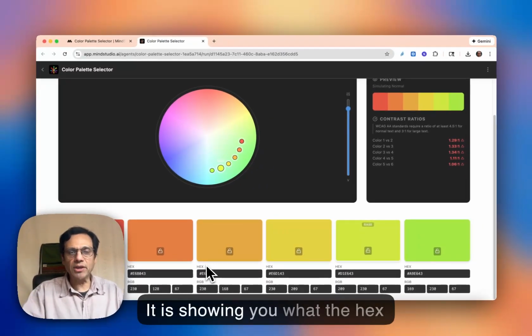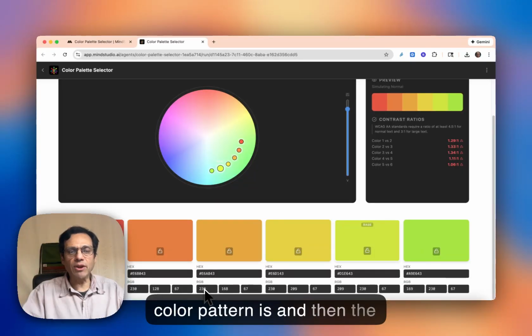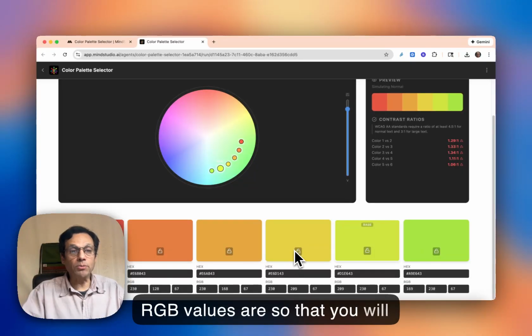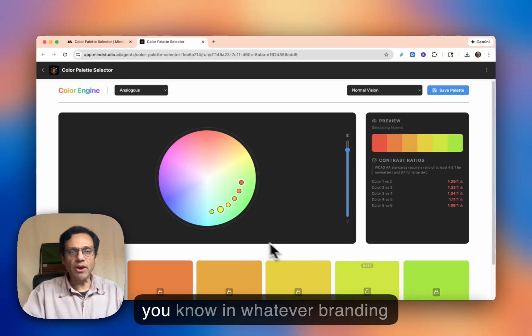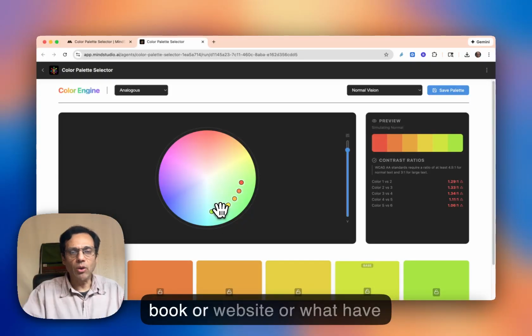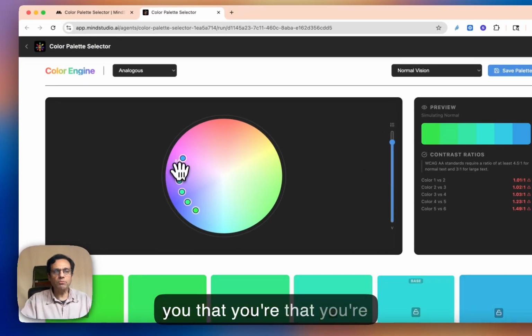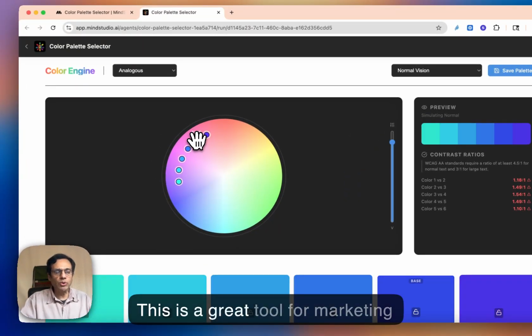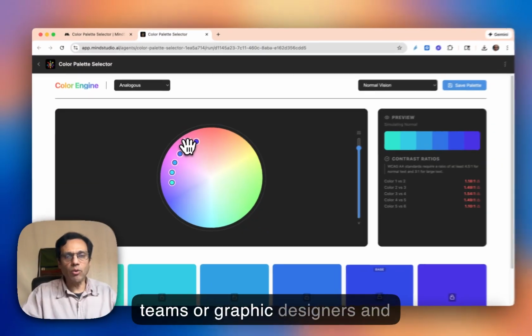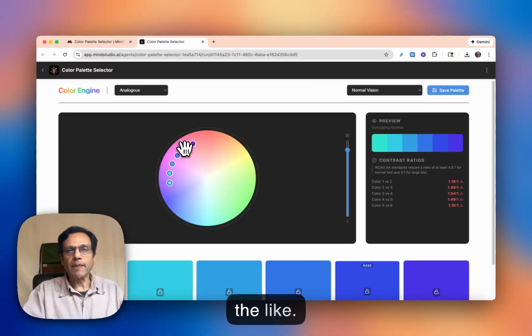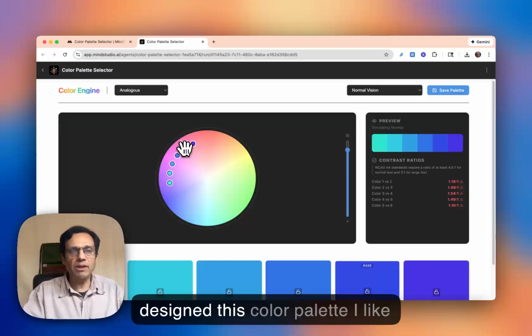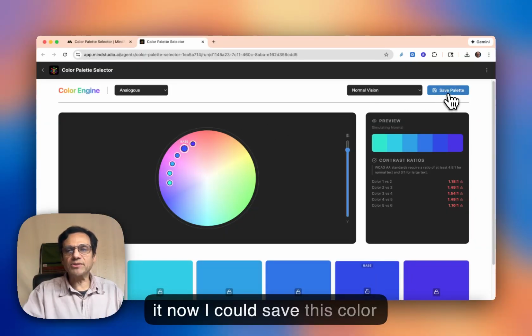It is showing you what the hex color pattern is, and what the RGB values are, so that you would be able to use them in whatever branding book or website or what have you that you're designing. This is a great tool for marketing teams or graphic designers and the like. So let's say now that I've designed this color palette and I like it, now I could save this color palette,